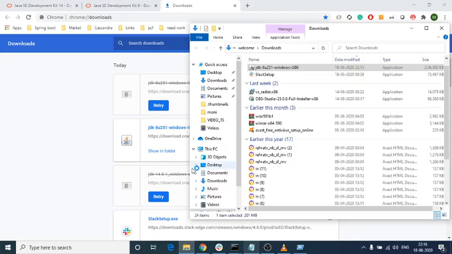You need to verify whether this software is required or not. If you click no, Java won't install in your system. So you must click yes. It will take a few minutes.